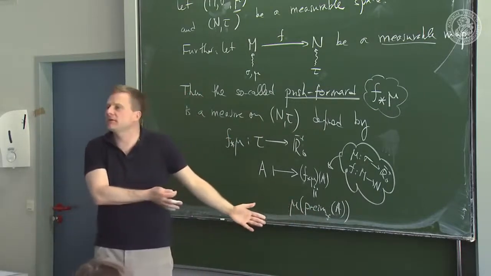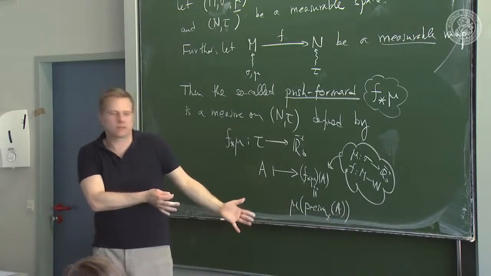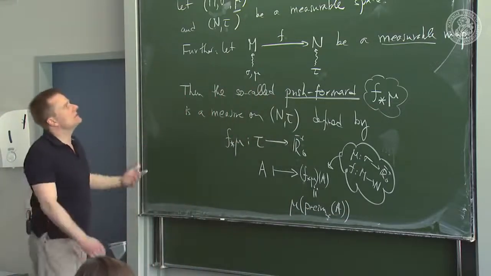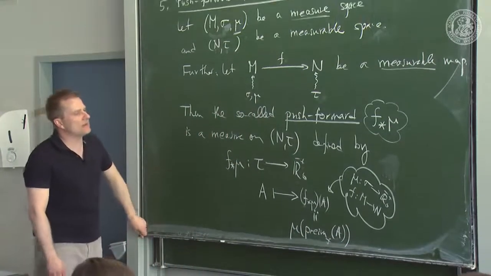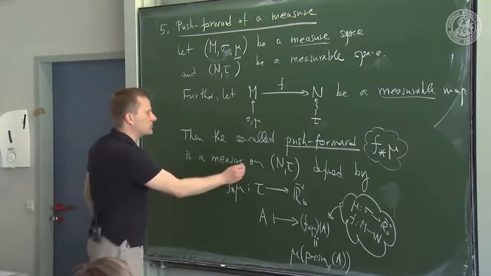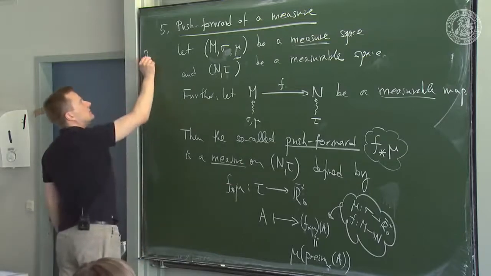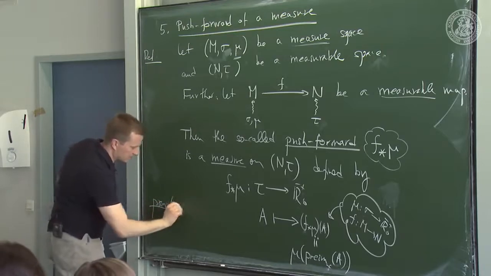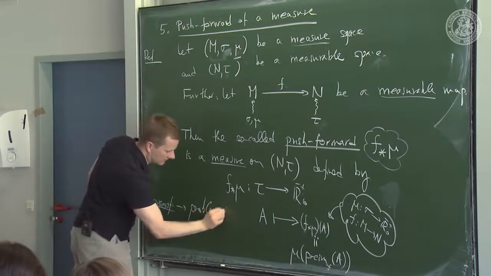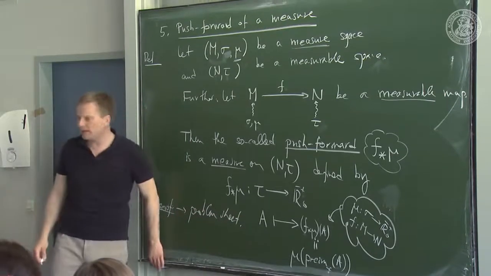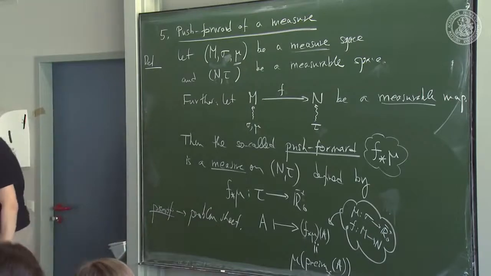It's the only thing you can write down, really, without further structure. So you could say it's a very natural construction. And obviously in this definition, there is implied a statement, a theorem, namely that this is indeed a measure. So this is a definition that you have to prove, and the proof is on the problem sheet. Okay? So this is one way to inherit a measure, and it's one we're going to use.